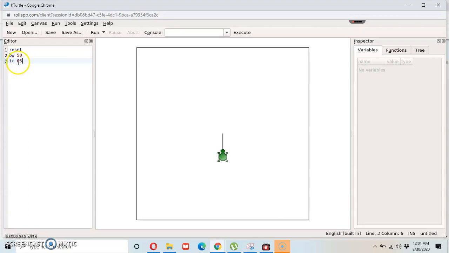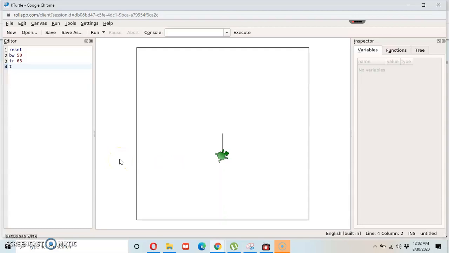Write down any angle. I have written here 65. Then press the enter button and run. Okay, the turtle has moved at the angle of 65 degrees.